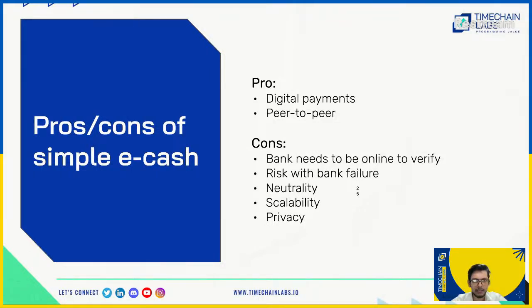In this slide, we have mentioned neutrality, scalability, risk of bank failure, and being online to verify. A bank would always need to be online. If the bank server goes down, the payment wasn't going through. So that's a problem, and that's why it couldn't scale as well. Imagine if you had an email server that is used globally by everybody, and every email has to go through that server in order to reach you. That becomes a big bottleneck for it to be able to process transactions. That one single server has to process everybody's email,